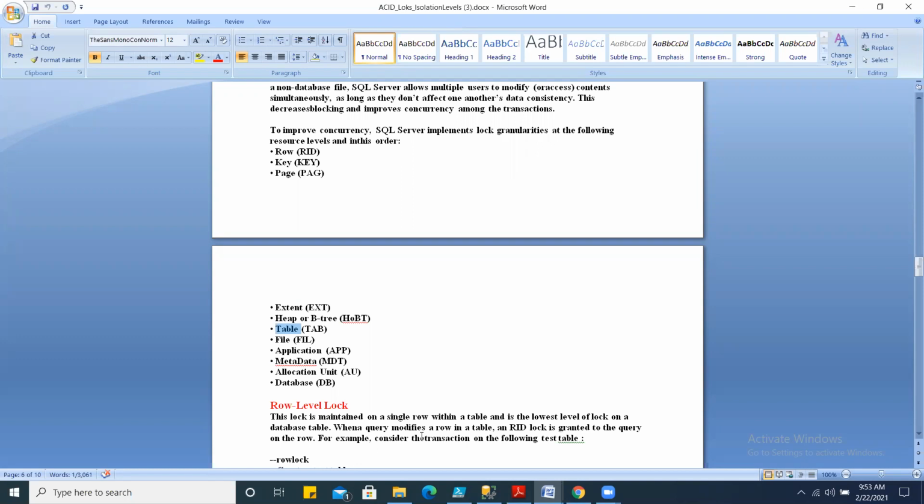Here is the process of lock escalation. Instead of taking 110 locks on 110 rows, SQL Server will see that more than 50% of the rows on this page are going to be updated. So why not escalate these 110 row level locks to a page level lock?